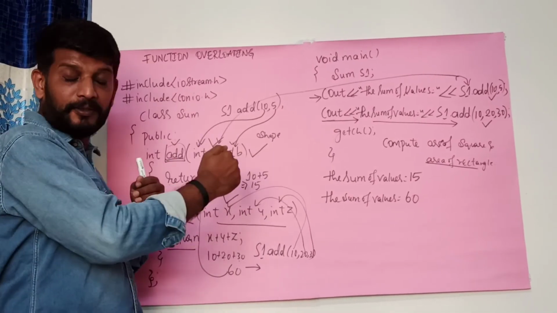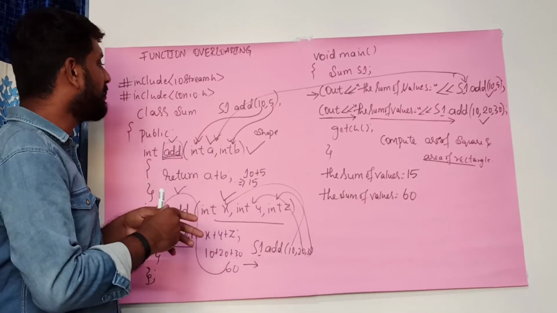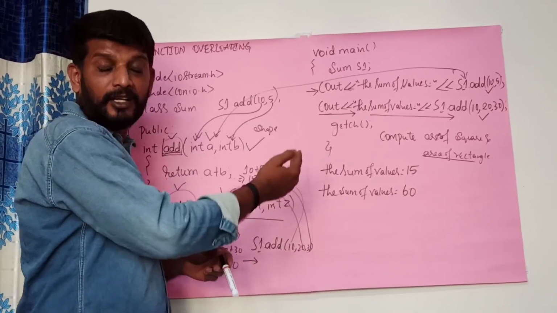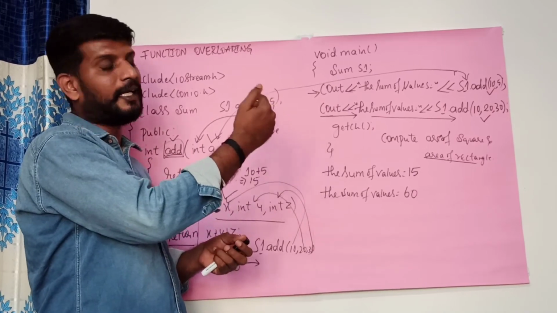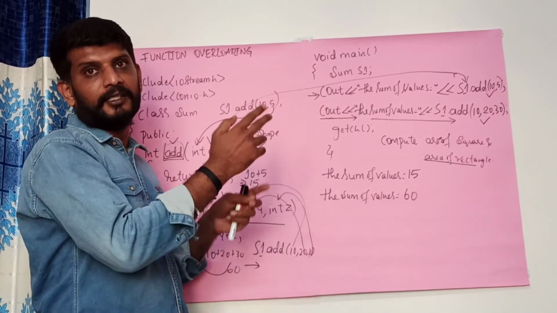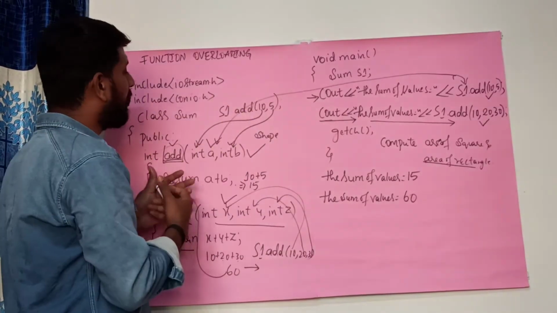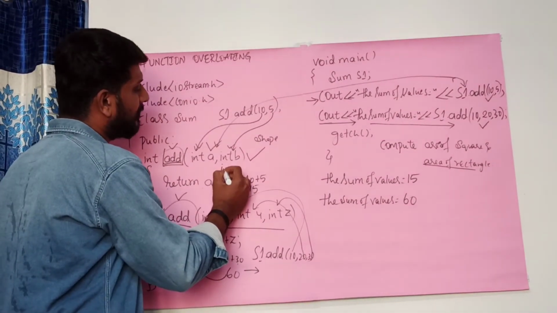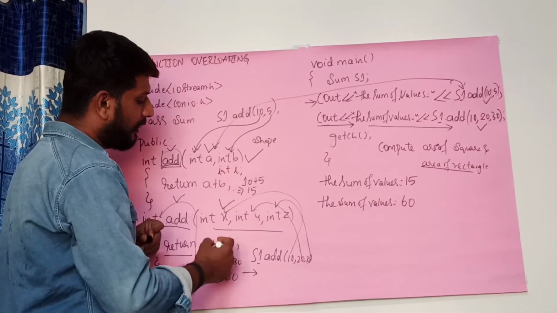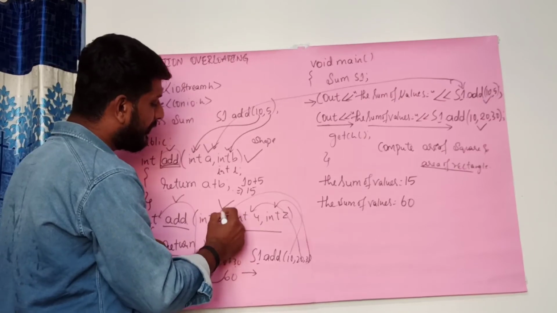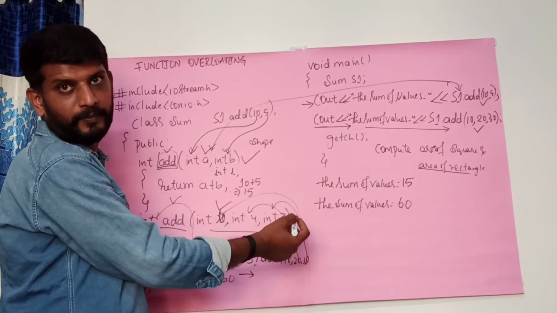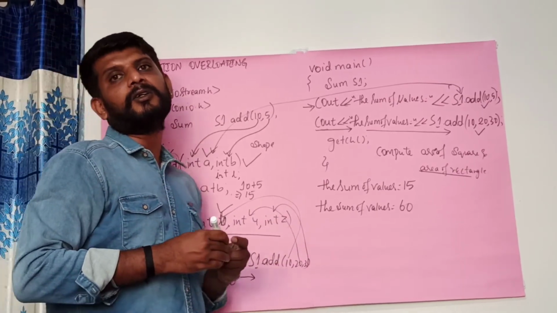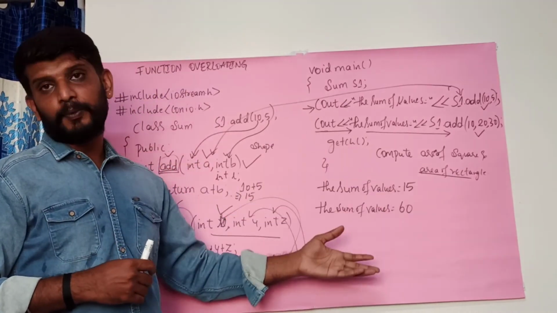And the next most important thing you have to remember is, in the square also you require length, and in the rectangle also you require length. So while passing the argument, in the first case you write it as int L, in the second case you write it as int L1 comma int B. That will be the thing you have to remember, and you can write this program and send it to my number.